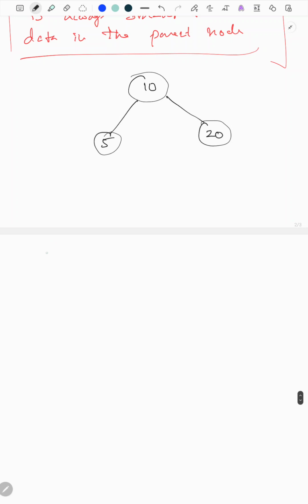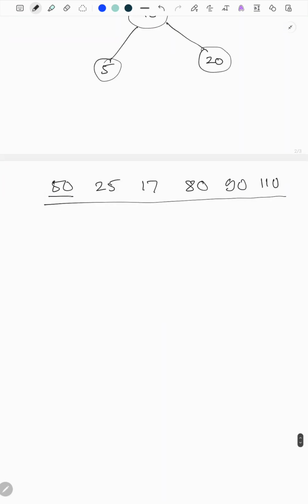So I will insert something and I will show you 5, 10, 15. Sorry, let's take another example: 50, 25, 17, 80, 90, 110. I will insert these into the binary search tree so it will be clear for you. Let's say first came 50, so I will insert 50 into the node. This is the parent root node. Then came 25. 25 is less than 50, so it will go into the left part of the binary search